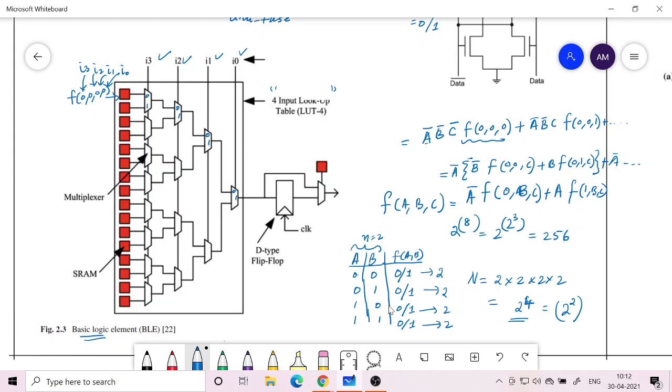Another way we can say is that if you look at the canonical SOP form, the min terms, if it is present, you have to put a 1 there. If it is not present, you put a 0 there. So depending upon the truth table of the function that you want to implement, you have to put 0 or 1 corresponding to the selection of that input line. So this is what is called a lookup table or LUT.